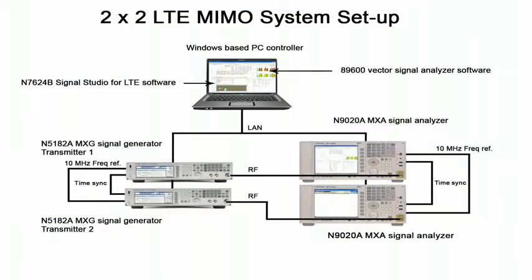Here we have a 2x2 MIMO system setup. The MXG signal generators, with LTE configuration from the Signal Studio software on the PC, represent the transmitters under test. The MXA signal analyzers and VSA software are the acquisition hardware and analysis software that performs the LTE MIMO composite